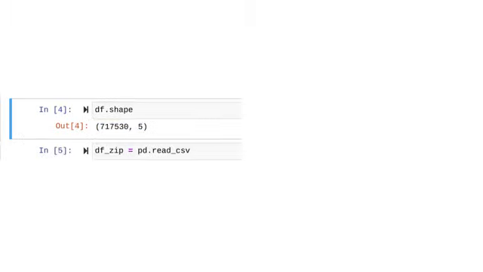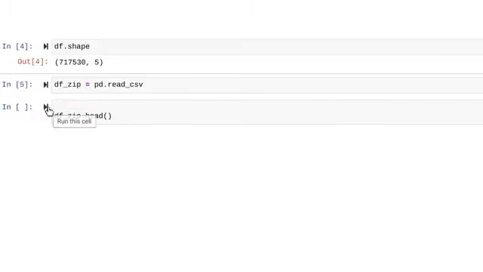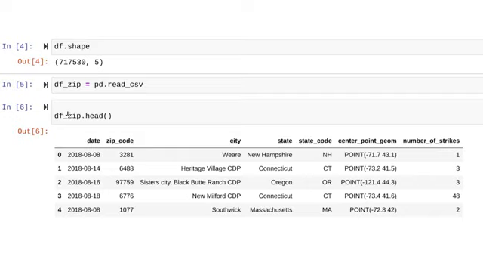Let's put this aside as our first data frame, saved as df. Next, we'll use the second data set for August 2018. This one has columns for zip code, which is a postcode delivery area number in the US, as well as city, state, and a column titled state code that has two-letter abbreviation of states in the US. We'll call this second data frame df_zip so we don't get confused with the first data set we created earlier. Let's run the same two functions, head and shape, on df_zip.